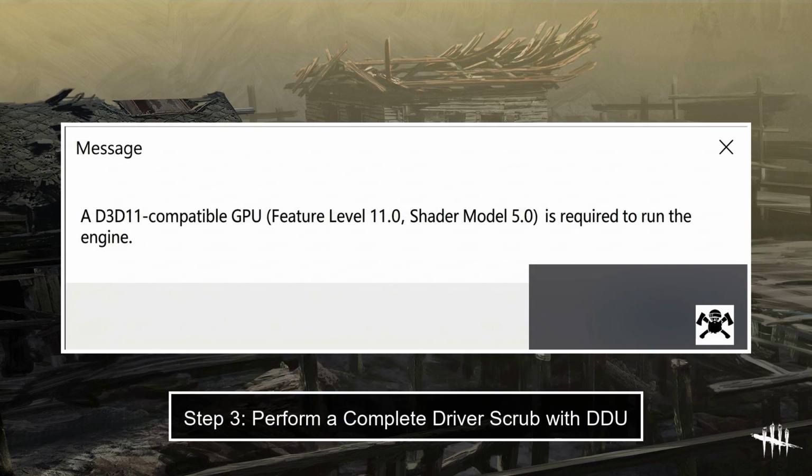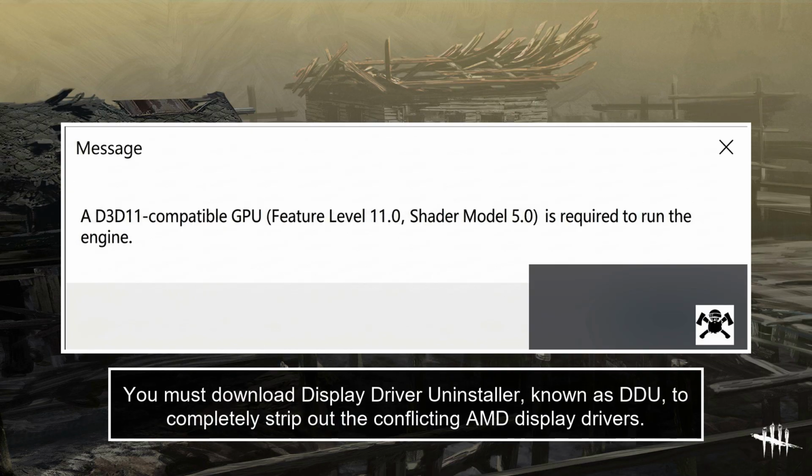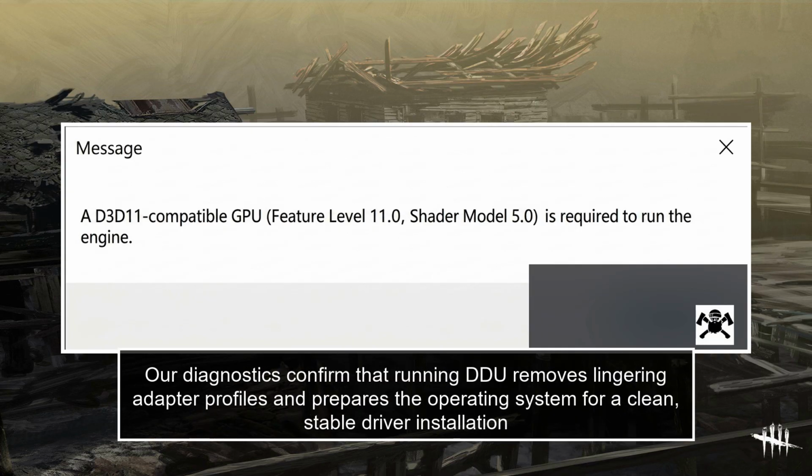card. Step 3. Perform a complete driver scrub with DDU. When an over-the-top driver update corrupts DirectX feature-level recognition, a standard uninstallation will not clear the registry remnants. You must download Display Driver Uninstaller, known as the DDU, to completely strip out the conflicting AMD display drivers. Our diagnostics confirm that running the DDU removes lingering adapter profiles and prepares the operating system for a clean, stable driver